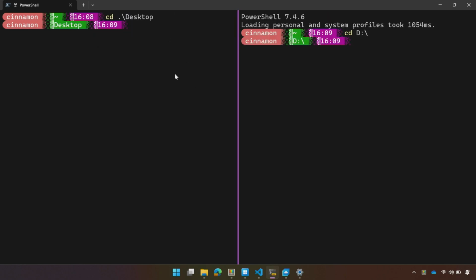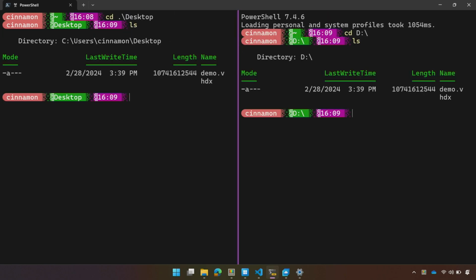And now this is going to literally type the same thing on both sides. This is helpful if you have the same folder structure on different machines like test, prod, et cetera, and you want to just get to your stuff faster. This is a really cool way of doing it. You can just broadcast input all at once and type it only once.